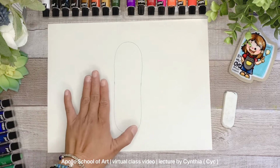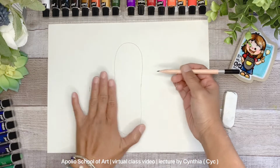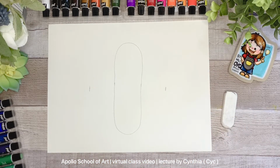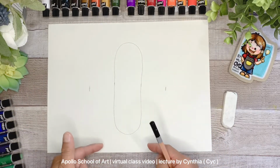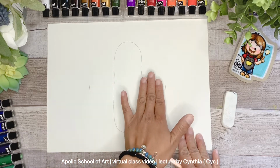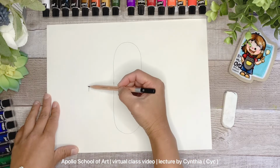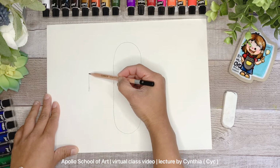Alright, so 3 more fingers on the side again. A dot and a dot. Alright, so we have a mini sausage at the middle, and we have 3 more fingers on the side, 3 more fingers on the right. Alright, that's it. I have to put the points, have a small bridge, keep going up,